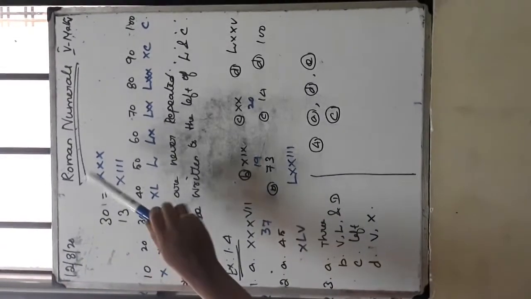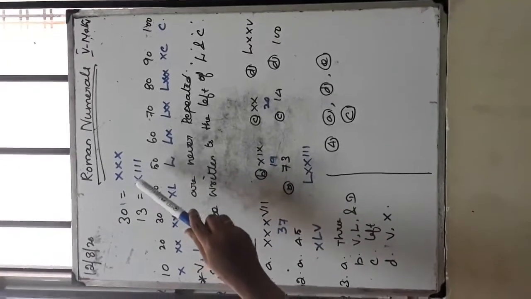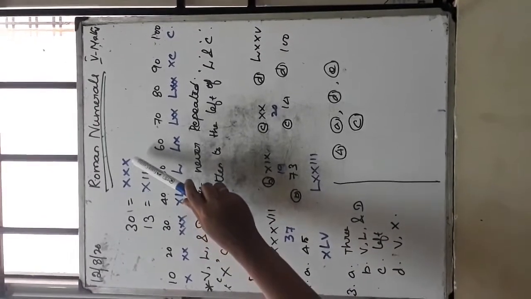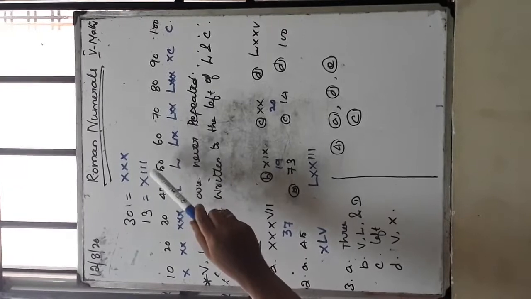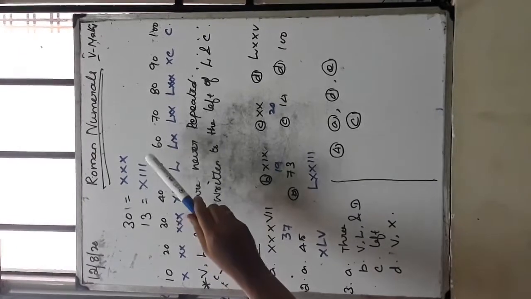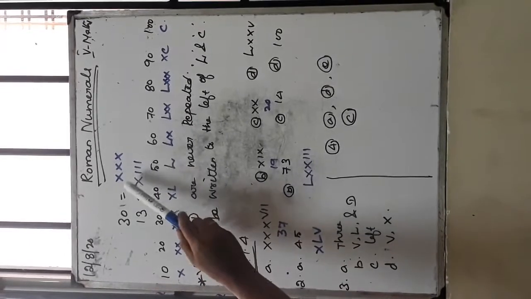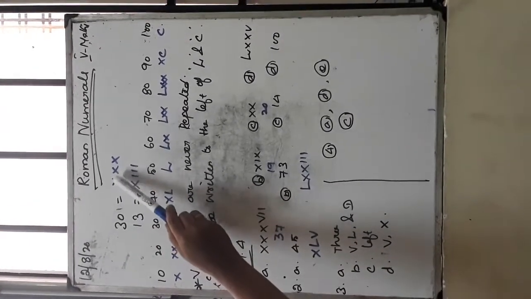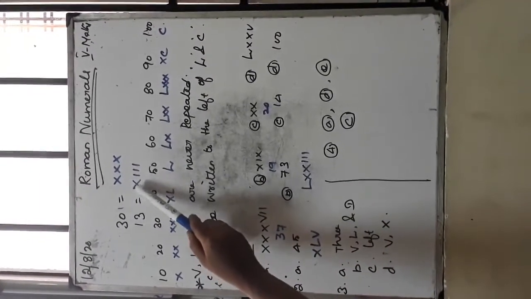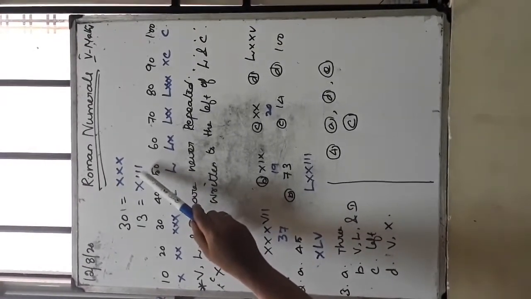So the next topic is Roman numerals. Okay. So in the previous 4th standard, you learned how to read and write Roman numbers, up to 50. In the 5th standard, you have to read up to 1000. Okay, how do you write 1000 in Roman numerals? And how do you write 30 in Roman numerals? So 10 here is X, isn't it? X, X, X. So that is 30. So how do you write 13? Here is 10, 11, 12, 13. This is the way you have to write it.